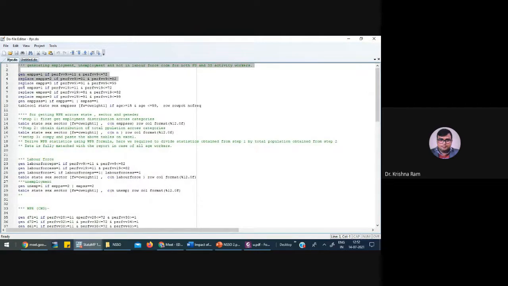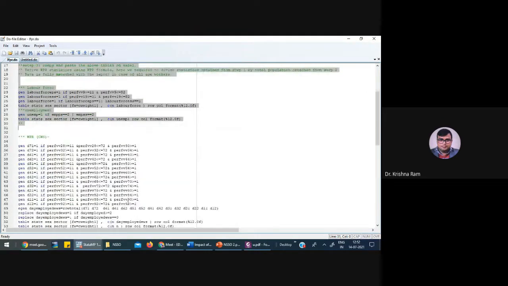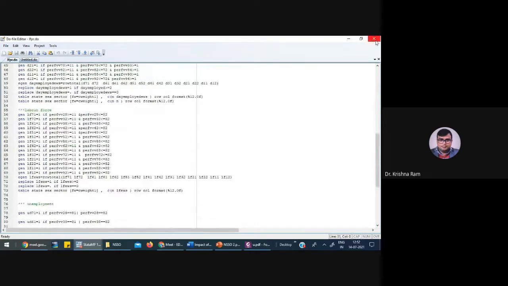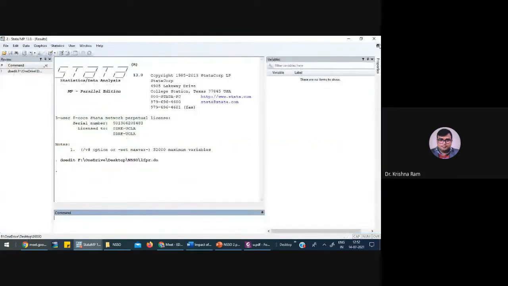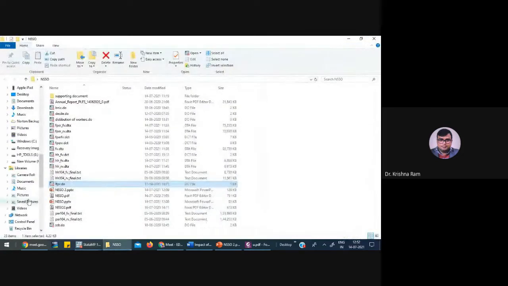So I suggest you practice over this week, so that when we meet on Monday, you have doubts and we can discuss them. On Monday, as I told you, we will also discuss the pattern of the assessment. Once I have some idea about what kind of problems you are facing working with the NSSO, I will be able to set the pattern of assessment